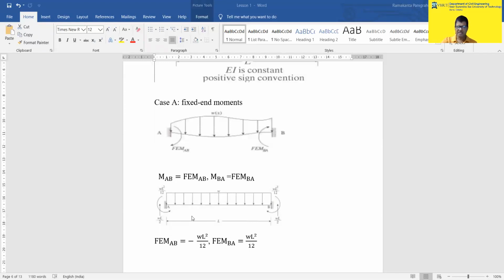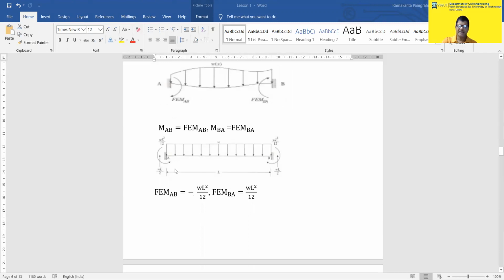Now let us take a case that we have a fixed beam with UDL. So you know for a fixed beam with UDL, the moment here is WL square by 12 and here is WL square by 12. Now here the moment is, you see it is anti-clockwise, and here the moment is clockwise. So if you are putting a load on this fixed beam, then the fixed end moment at end A is equal to minus WL square by 12, and on this end the fixed end moment is equal to plus WL square by 12. Why is it plus, why is it minus? Because we have taken clockwise moments as positive. Here the moment is coming negative, that is anti-clockwise.